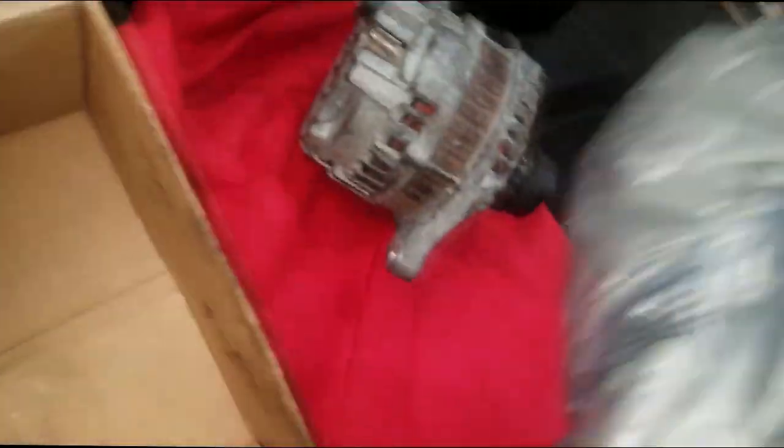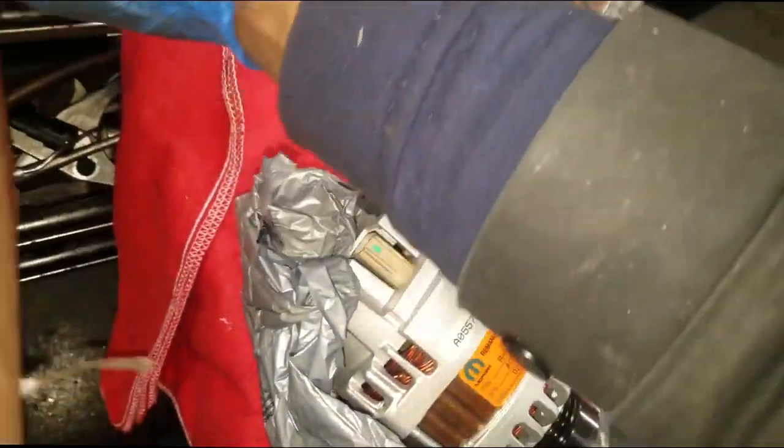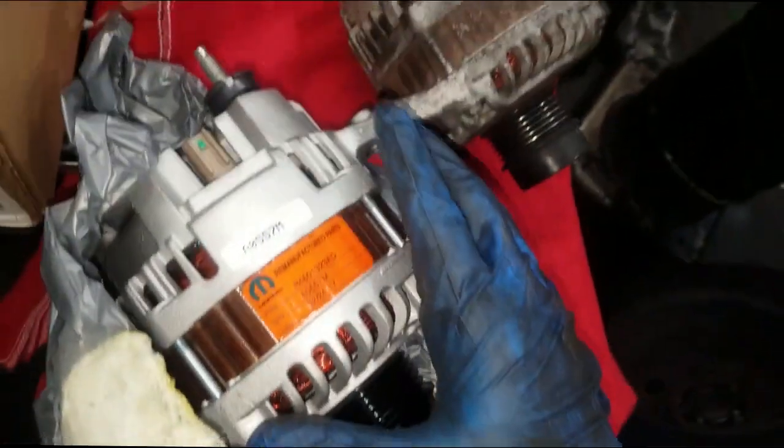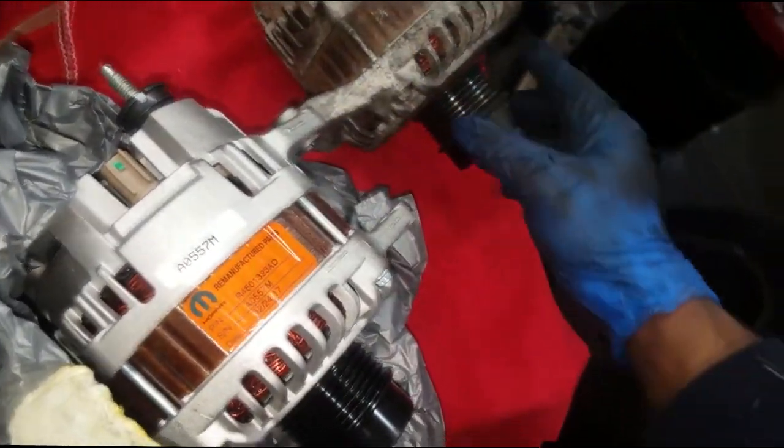Okay, so draw your own conclusion as far as what parts you want to use. I'd say go with the best if you're planning on keeping the car. If not, then just get something to get you by. But I'm simply going to reverse the removal procedure. All right, I cannot film the installation